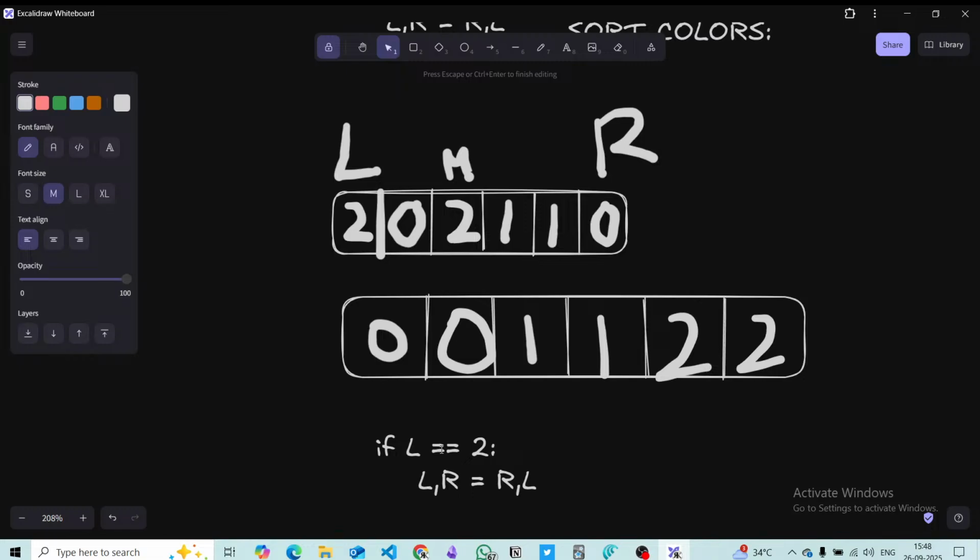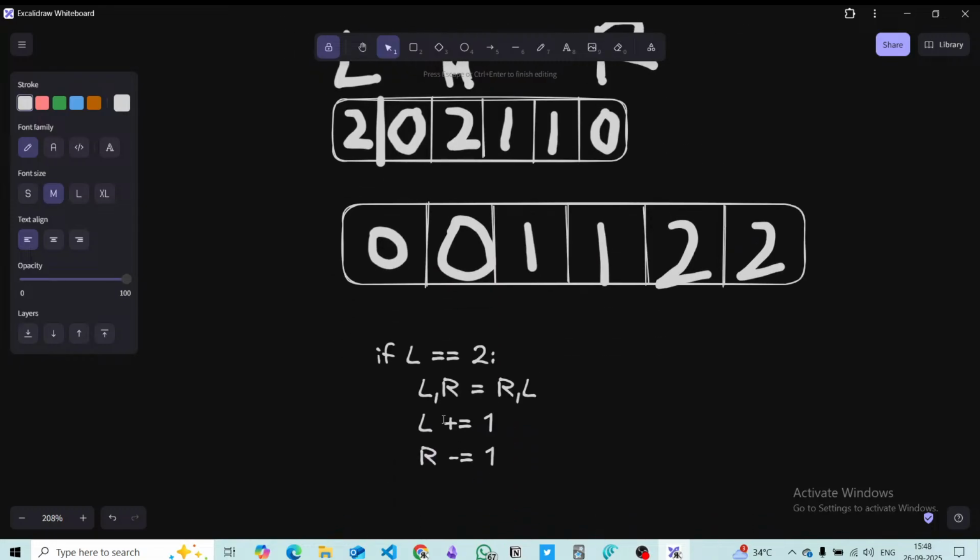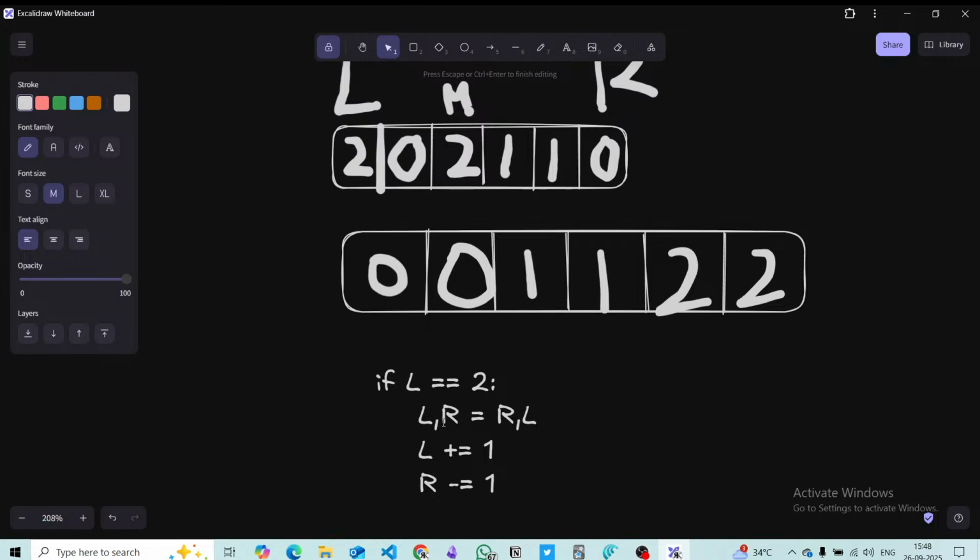And then we move L plus equal to 1, and then we move R minus equal to 1, right? And then what we had to do next is